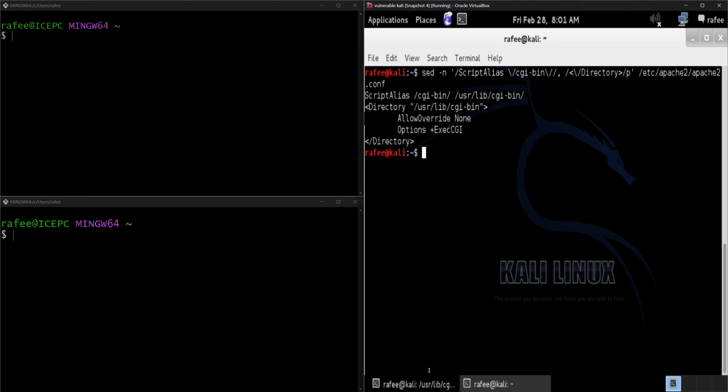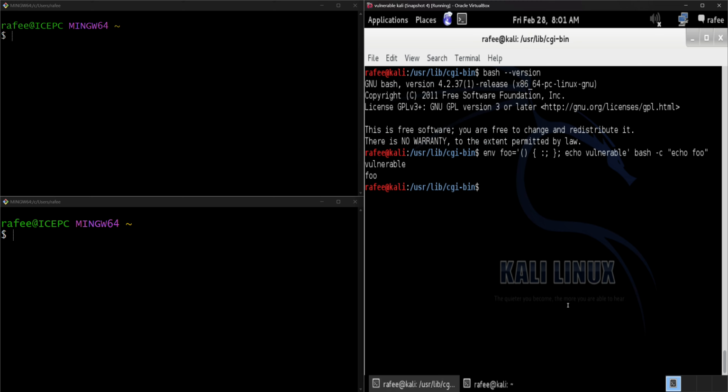So now that we have CGI scripts enabled, we can create a simple CGI script which will make the exploit possible. So I've already done this for you guys already. So all I need to do is press ls, and you can see that test.sh is in CGI-bin. And this is what our CGI script is. So let's look into it. So if I do cat test.sh,